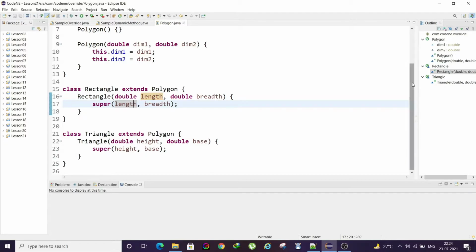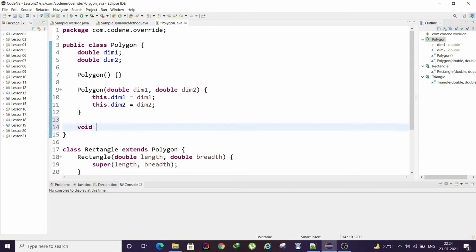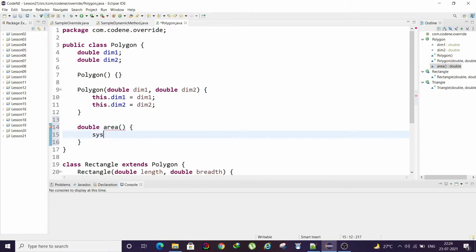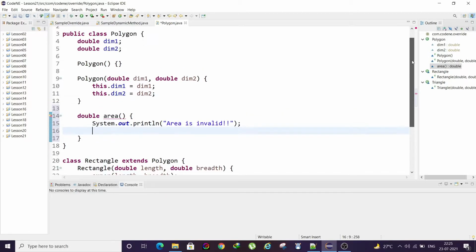Now we want to see how method overriding works. First let us declare one method, like area. Area for polygon will simply print area is invalid, because we will not be using the polygon class to get the area, since polygon will not be defined at that moment.